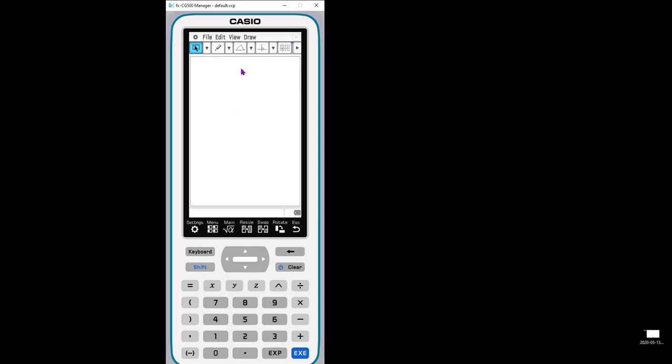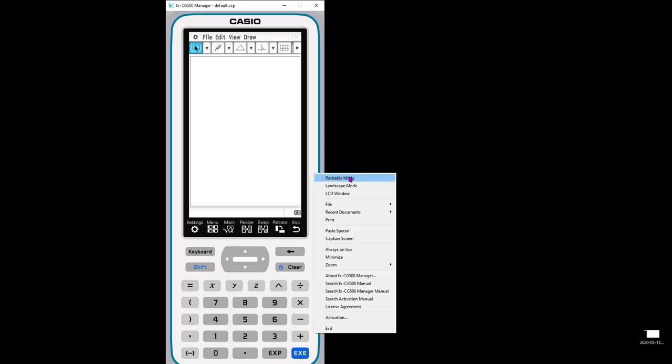So right now this is in fixed mode, where it looks exactly like what the students have, but I'm going to go into the other mode just because as a teacher I would want them to see as much as possible. To do that on the emulator, I'm right clicking and I'm going to choose this resizable mode. So all I'm doing is changing the view. I'm taking this window and making it bigger and able to change size.